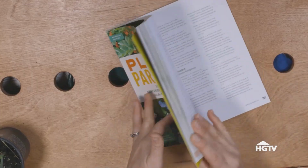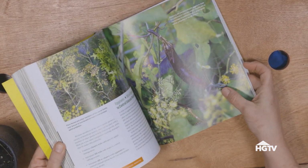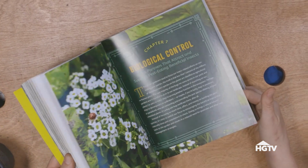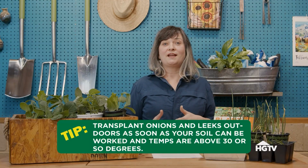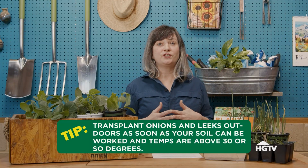There's a lot of information out there about companion planting, but my favorite is a new book by Jessica Walliser called Plant Partners, and it presents science-based companion planting information that's been proven. It'll really help you see your garden in a whole new way, and you'll learn a ton from it. I definitely recommend it. Someone also asked last time about planting onions, so I'm going to show you some of